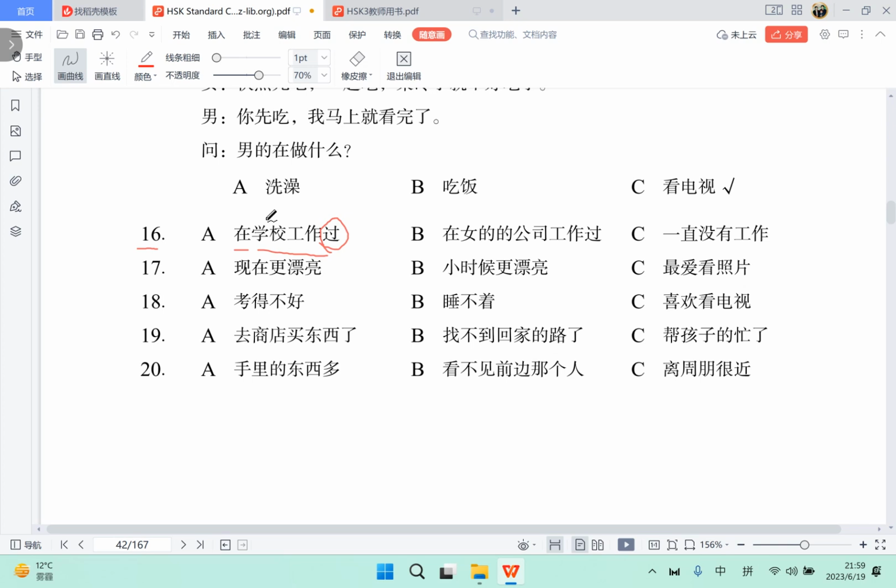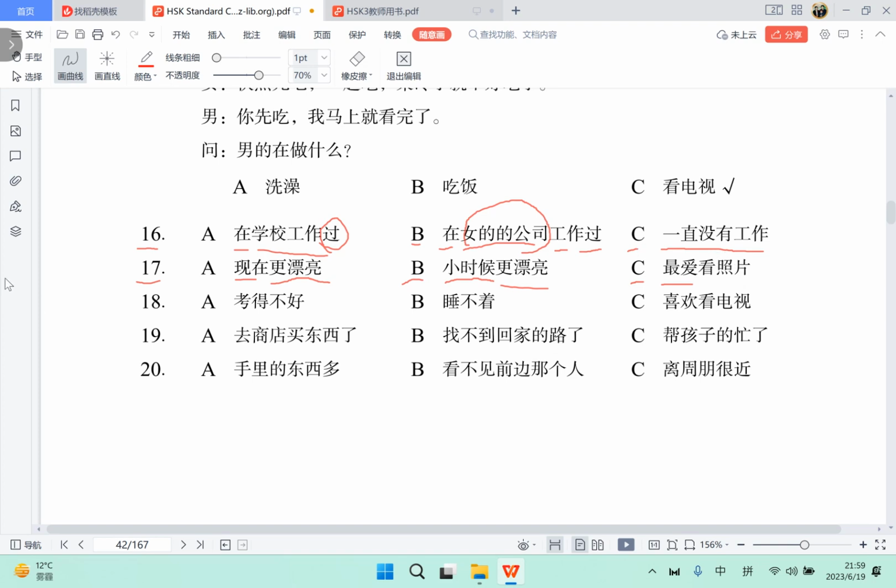OK，第4部分，so we check the option first。第16题，在学校工作过，so used to have the experience working in the school，right？And B，在女的公司工作过，so she used to work in the female's company。And C 一直没有工作，so for a long time she doesn't have a job。第17题，现在更漂亮，so now she's more beautiful。And B 小时候更漂亮，so she's more beautiful during childhood。